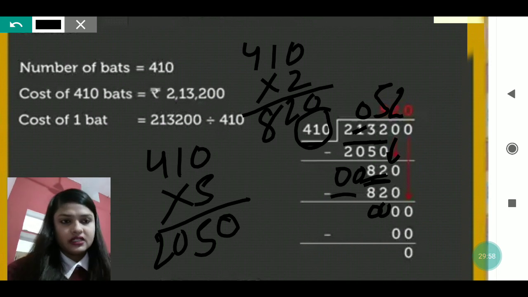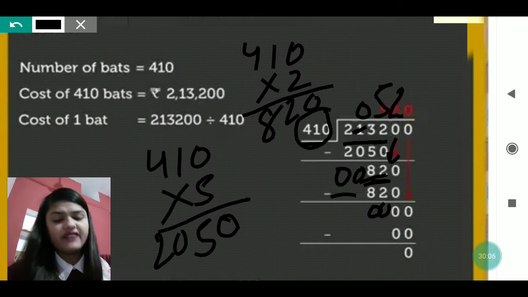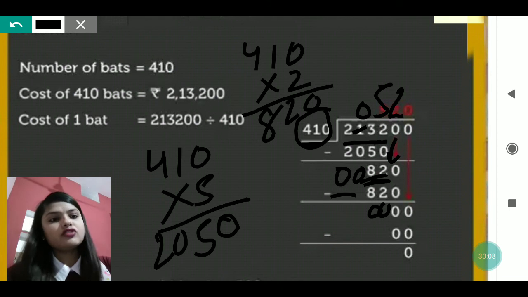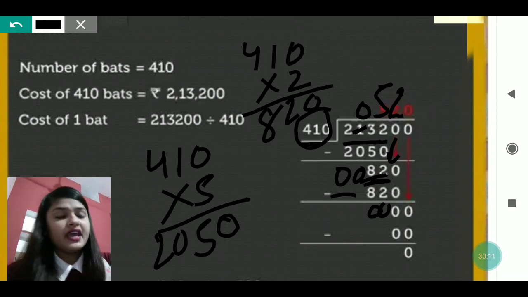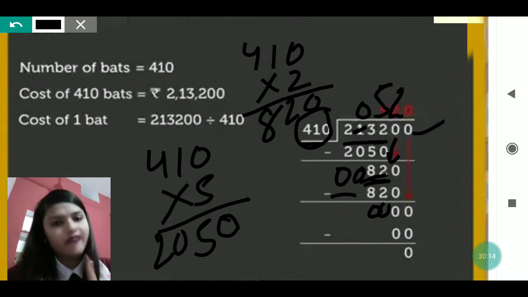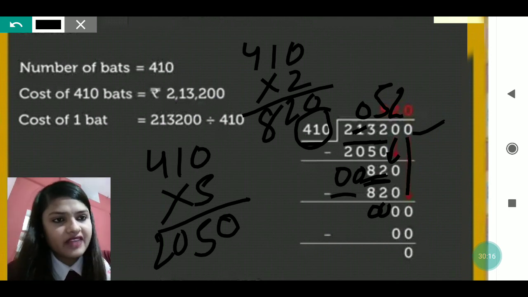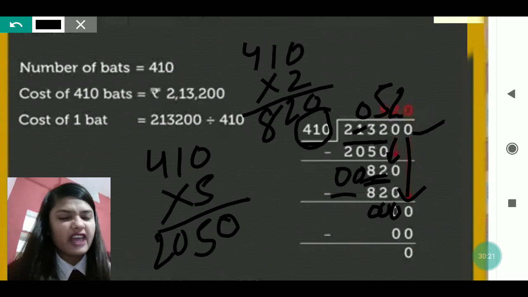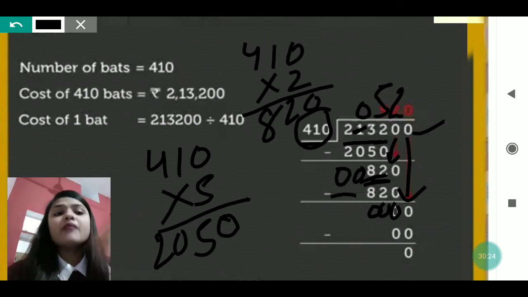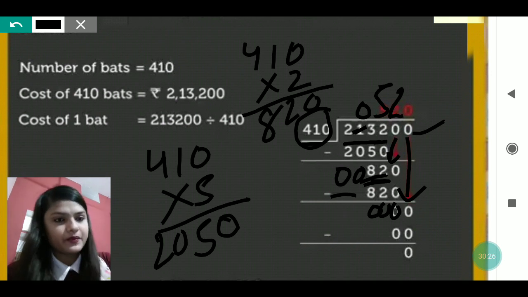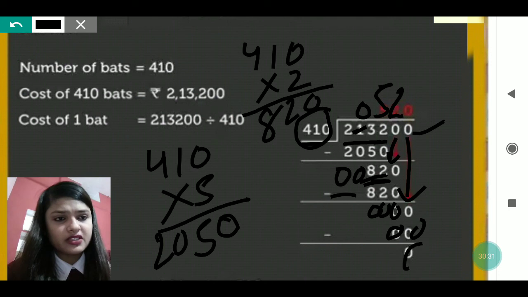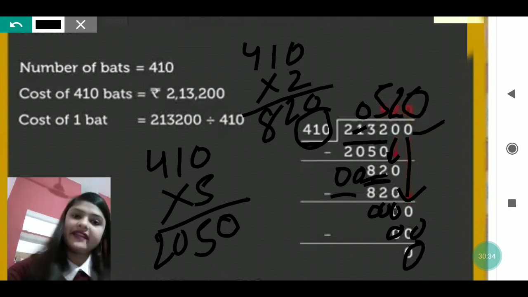Now here, this one is over. Now 0, 0, 0, everywhere it is 0. Now one number is left. We cannot leave that 0. It is not like everywhere is 0 so it is over. No, it is not over. If in the last one number is left, that number you have to take down. So the one number that is left is 0 only. So that 0 we will take down here, my dear. So everywhere it will be 0, 0, 0. When 0 is divided by any number, it will give 0 only. So what will you write in the quotient column? You will write 0 as it is.